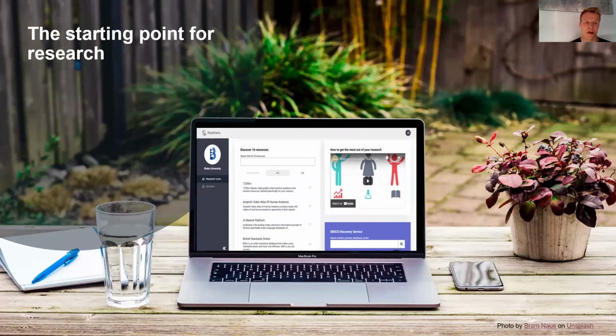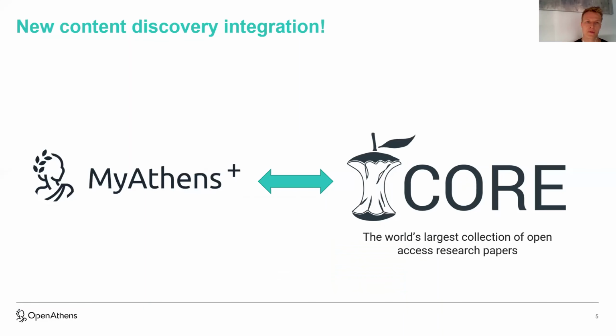So that's just a really quick intro to what MyAthens is before we launch into the main part of the demo. But the bit we're mainly here to focus on today is MyAthens' new integration with a product called Core. Now, as I said, one of the key features of MyAthens is that it shows users all of the subscription-based content that they've got access to in one place, based on what's been configured for them within OpenAthens. But obviously we're aware that